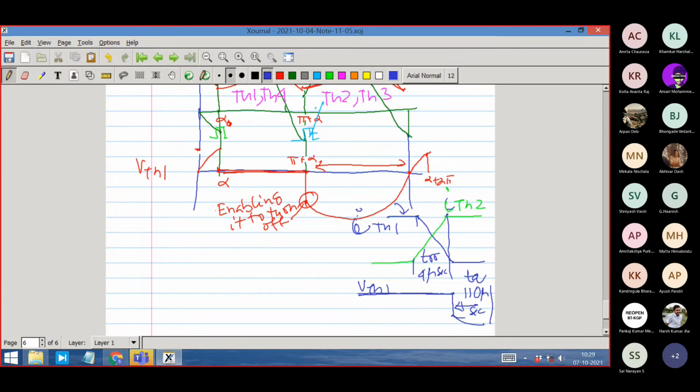Actually what will happen is this current will go not only to zero, it will go negative, and then it will go somewhat positive, and after that it will come back to zero. Yeah, tell me, what is that point? Like for turning off the thyristor, you should also check that the current through it is less than the holding current of it. That should also be a condition, right?